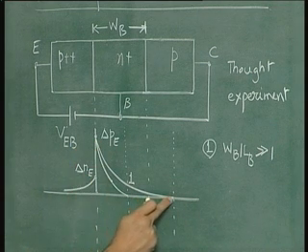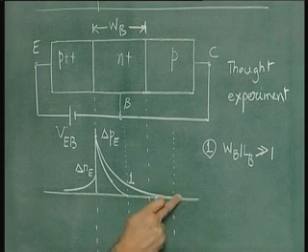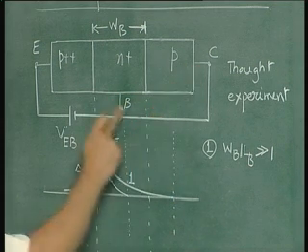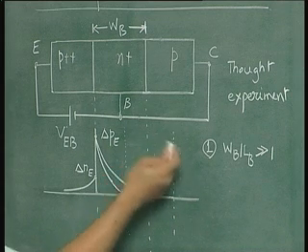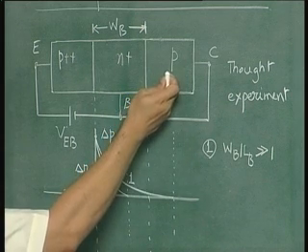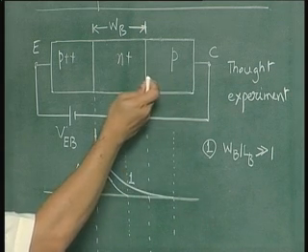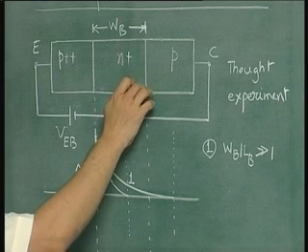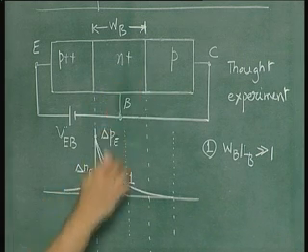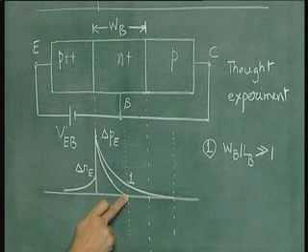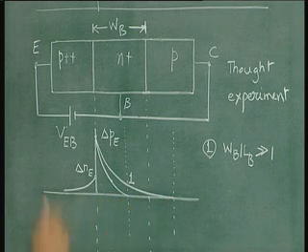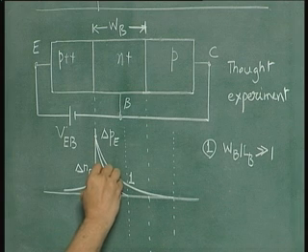When you come to the collector junction, the boundary value of the excess carrier concentration is 0 on either side because this junction is shorted or zero biased. So that is what is seen here. So we are not showing the electron concentration on the P side because excess electron concentration is 0, because the junction is zero biased. Similarly, boundary value of the excess hole concentration at this collector junction is also 0, either here or there. So this is, let us say, the curve 2,